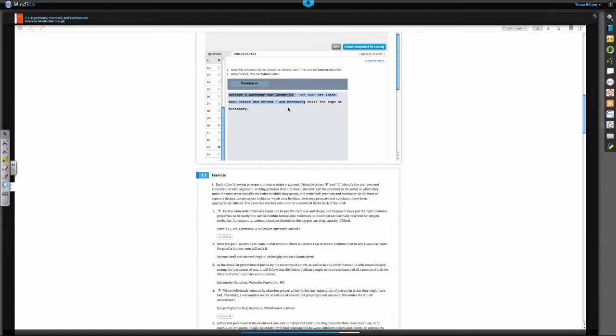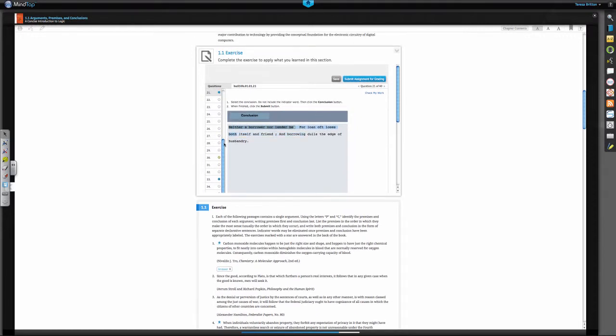And you could take out the word for and put in since or because. Those are other premise indicators. Don't lend or borrow because loan often loses both itself. Neither a borrower nor a lender be, since, right? The word for, again, as a premise indicator. The first statement then, by process of elimination, would be your conclusion.